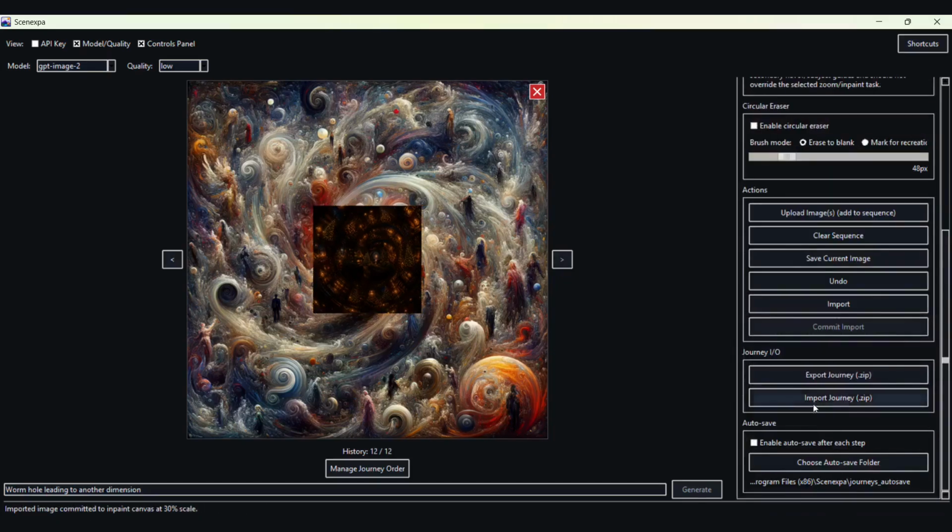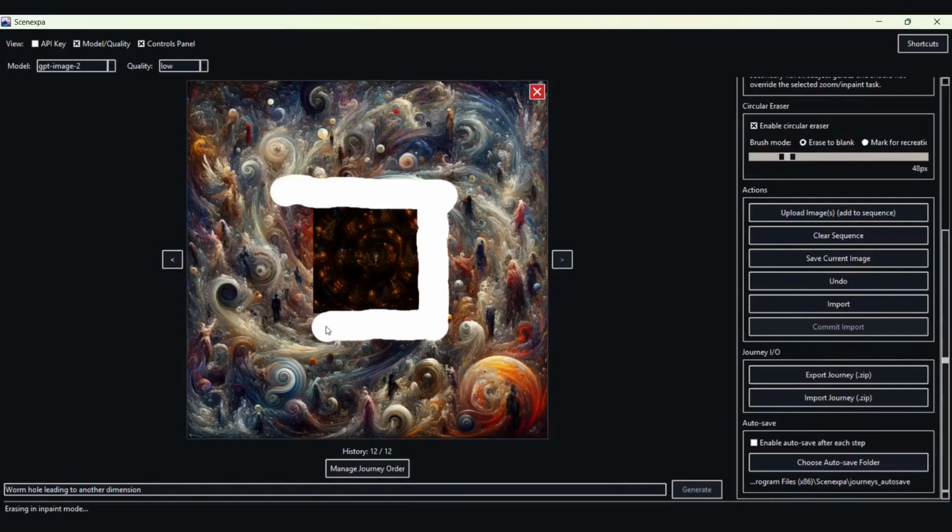Once you've done that, enable your eraser. For this, I like to use Erase to Blank. Draw right around the edges of the imported image. You don't want to go too much into the imported image, but you can get the lip and everything will be fine. This is actually probably the trickiest part of the entire thing, but with iterating and inpainting and usually a couple attempts, you're able to get a seamless